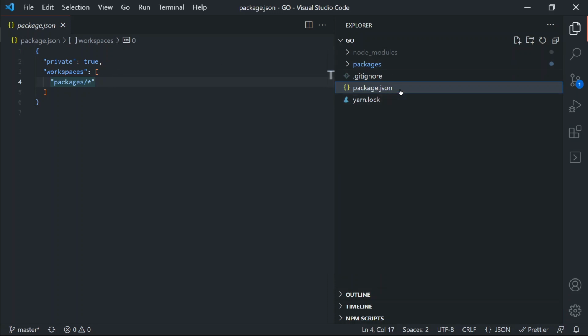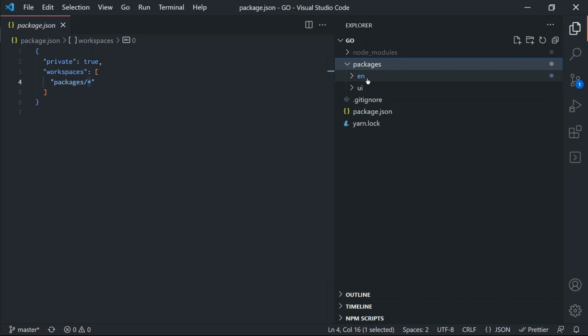To do that, we need a package JSON like top level ላይ, and it needs to have a private field set to true, and it needs to have a workspaces. Now you can read about this more, but basically እዚህ ጋር ያደረግን ያለ ነው packages የሚለው ፎልደር ውስጥ ያሉትን ነገሮች እንዳለ treat them as workspaces እያለው ነው። So if we open packages, we'll see አሁን ሁለት ፎልደሮች አሉ። This one